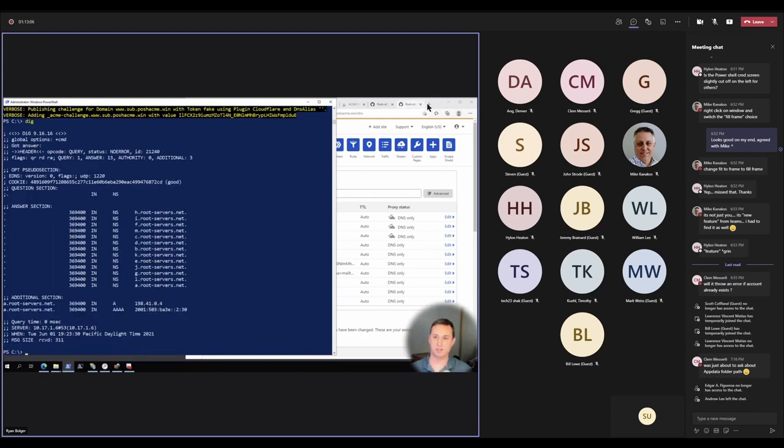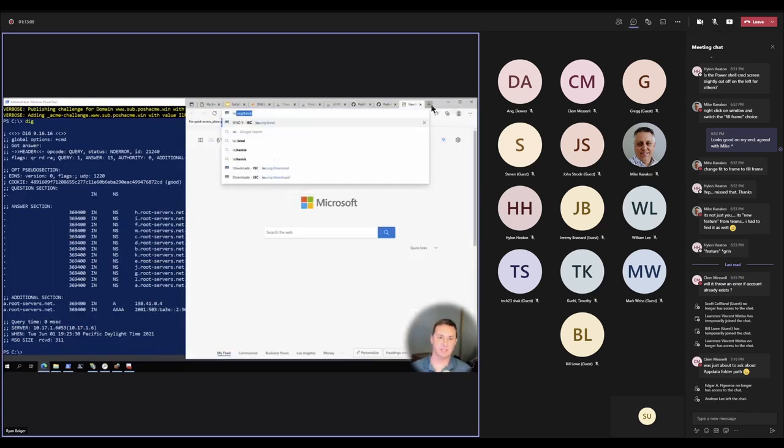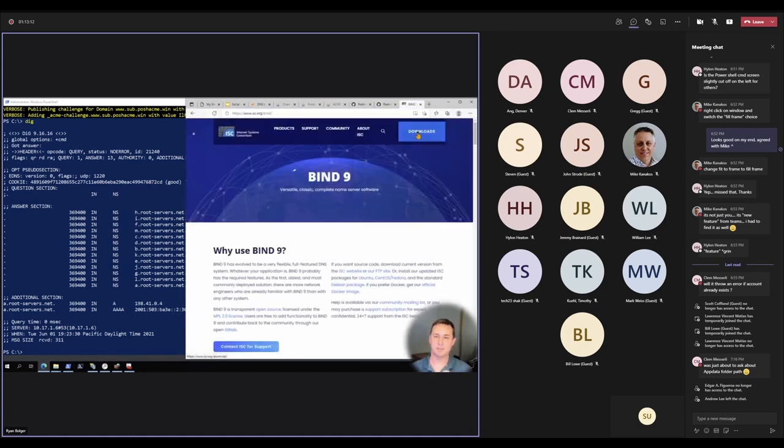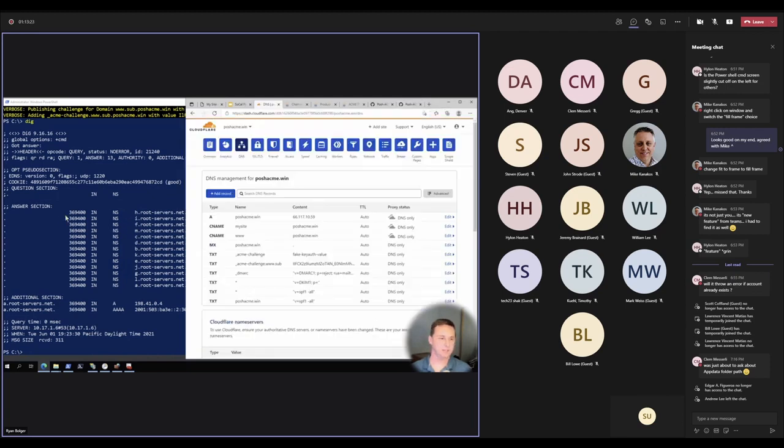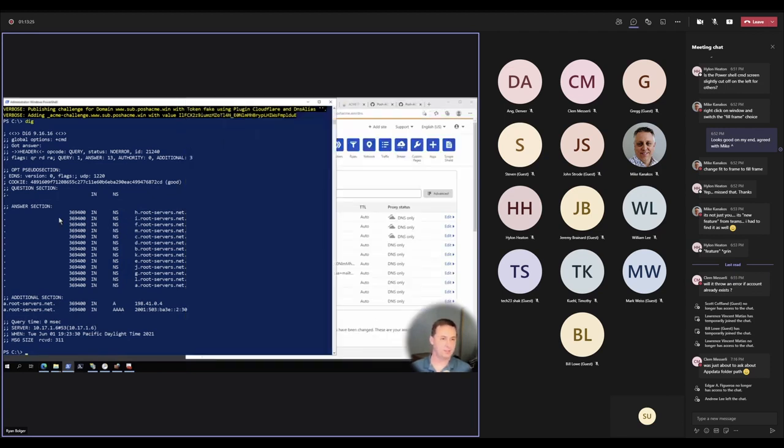If you weren't aware, you can download it from the ISC website. You essentially download BIND as a zip file, and it comes with a dig.exe that you can just run. You don't actually need to install BIND. Just FYI, little tip. So you can use dig or nslookup with q equals txt for the record